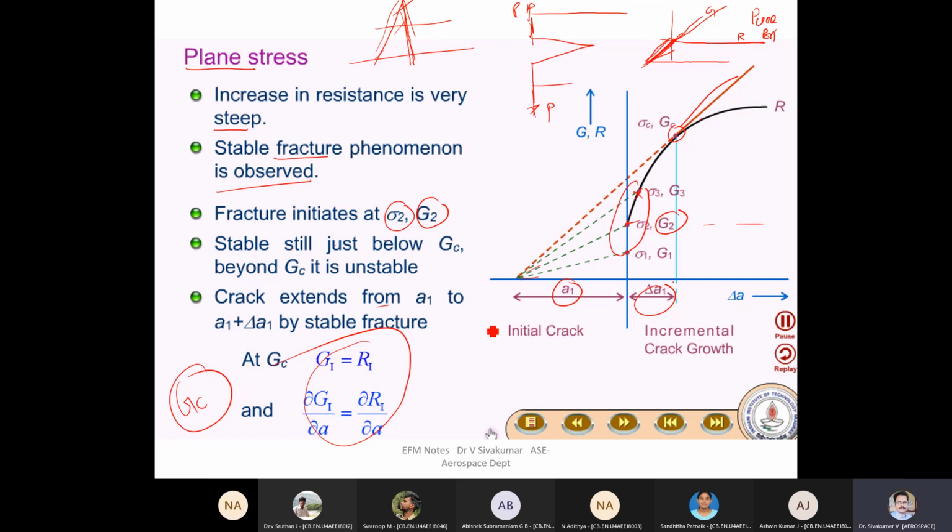What is that condition? I told you, no? Primary condition, secondary condition. Because you can see here, secondary conditions, these points are not valid. Only it is valid at the tangent of GC. Here only this condition is valid.